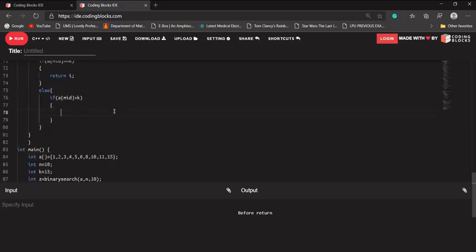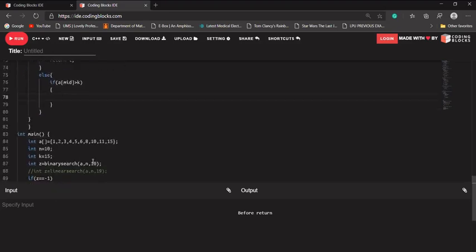Suppose we are searching for 3 in this array. First, it will be 0 plus 9, which is 4.5, so mid will be 4. It will take the integer part only. 0, 1, 2, 3, 4. The 3 we are searching for will be compared with 5.